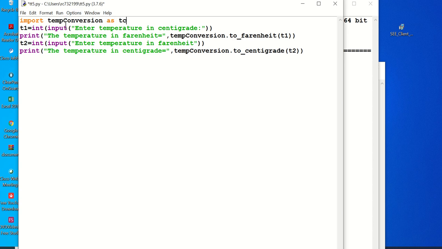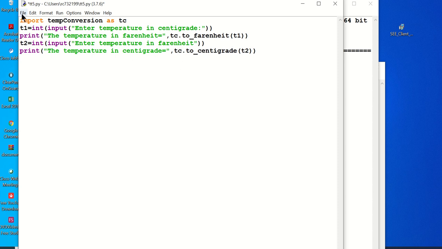Wherever there is temp conversion, you have to replace it with TC. So here I have to change that to TC, and here also you have to change it to TC. Wherever you use that module name, in those places you have to use TC.